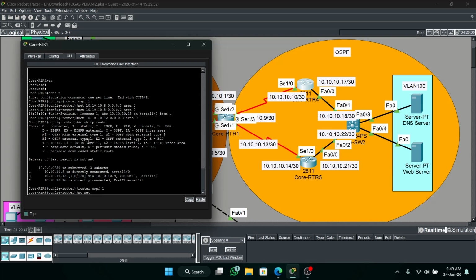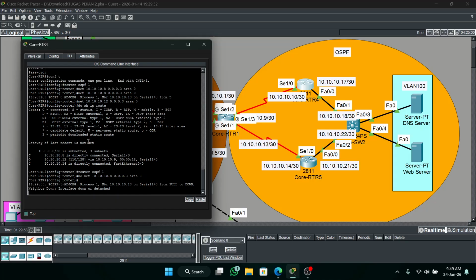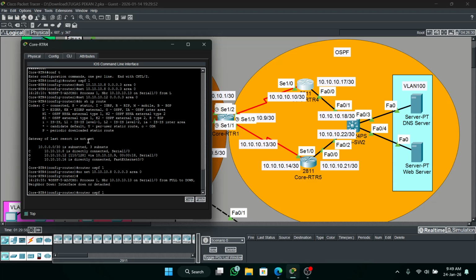No network. We will repeat again. 10.10.10.8 0.0.0.3 area 0. Okay, next is 12.